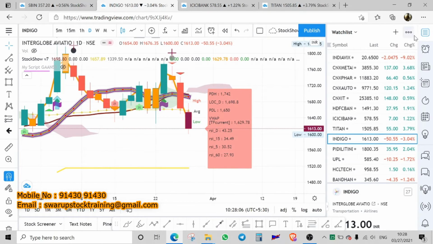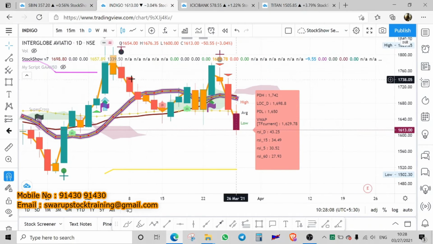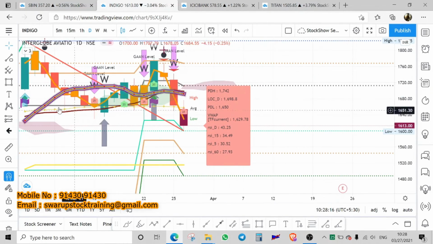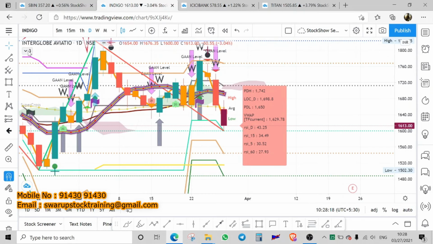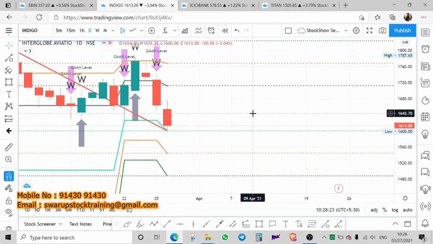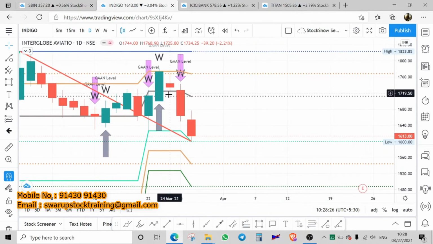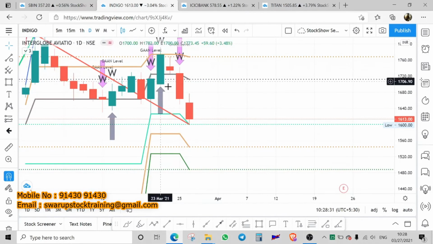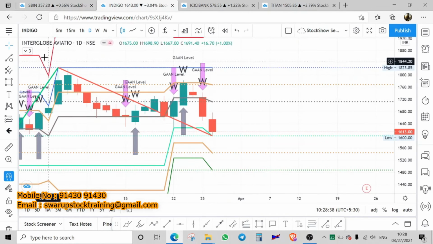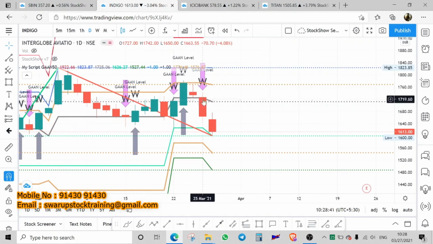So what I will do, once we have selected the stock here, what should we do? We'll also then switch on my Gann script. Once we have switched on the Gann script, then let me switch it off here, and then in the Gann script you see Gann is also telling sell. So therefore I will only sell. You have more number of sales here, and you have a downward trend confirmation. I have the targets here. What is the target? The Gann has given me a target at this level.